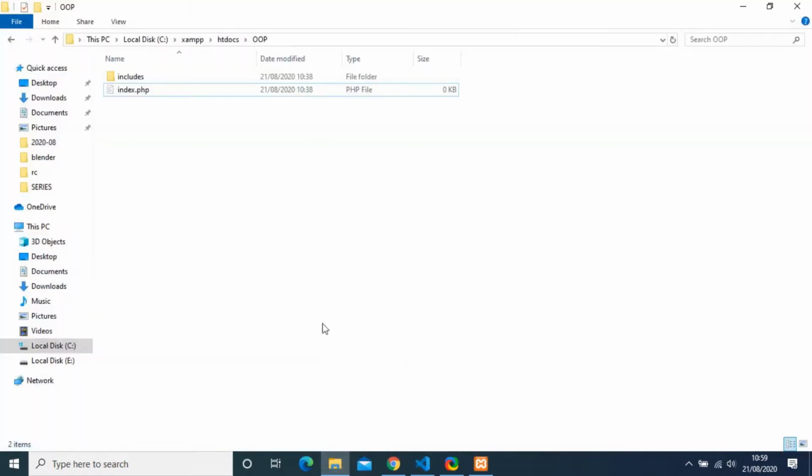So here I have created some files inside htdocs inside XAMPP, which is OOP, and I have one folder called includes, and I have one file called index.php. Now I'm going to write